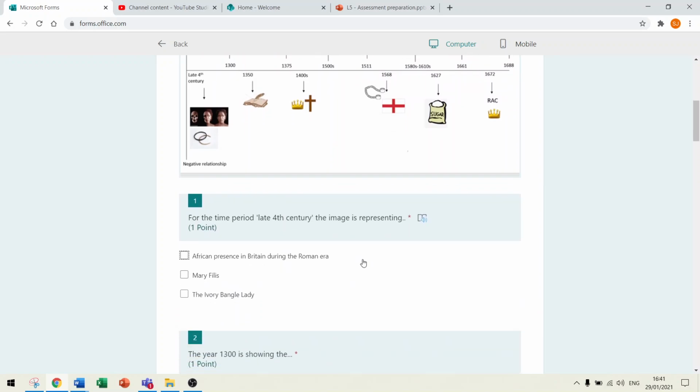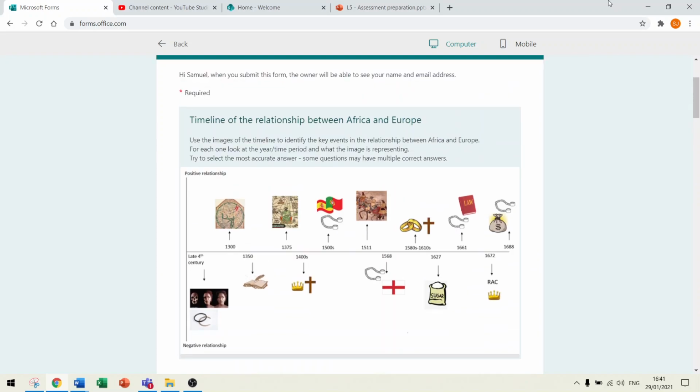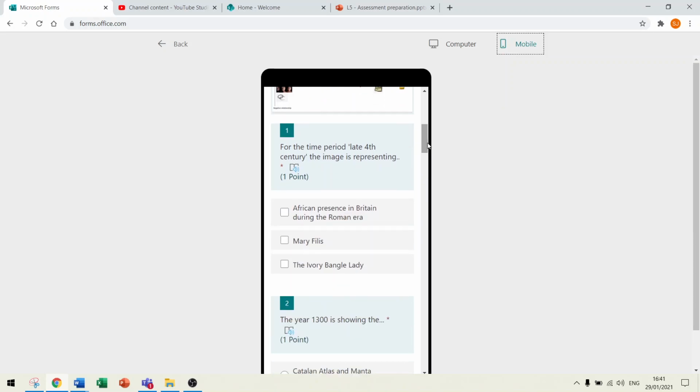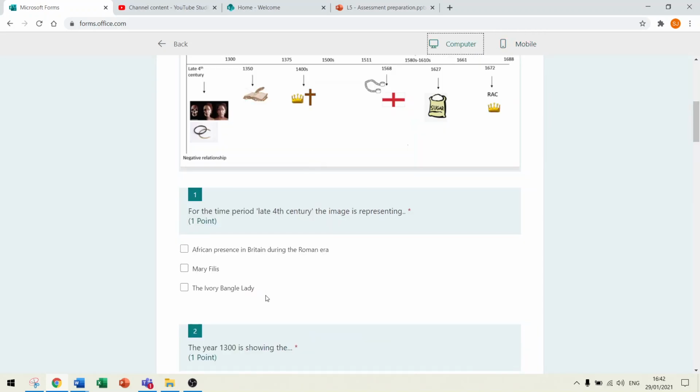One thing I will point out, which I think is really helpful on Forms, and you might not have used this feature before, is the immersive reader. So if you are someone who likes to be read questions, even like audiobooks, this is really helpful for you, and you can use it on the mobile site as well. It's shown by this image, a little book with the little mute sign there as well, and it will come up saying immersive reader when you select it, and you can do it for every single question. So if you select that, it will actually read the question for you. So I'll just show how it works.